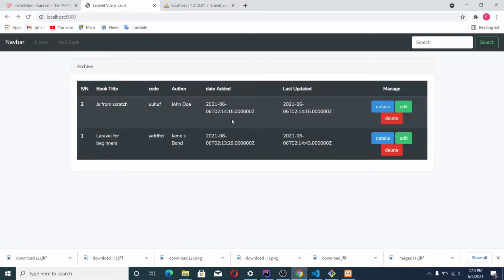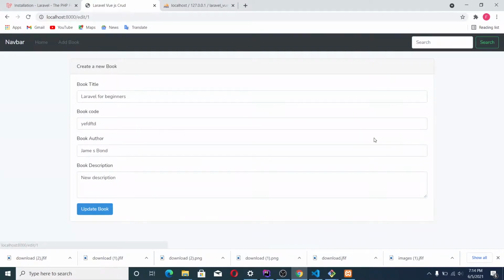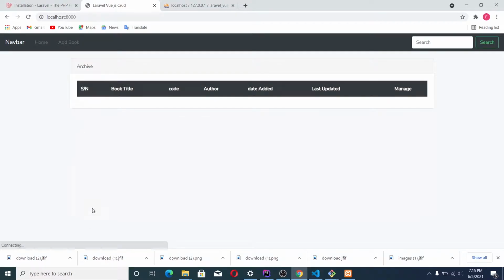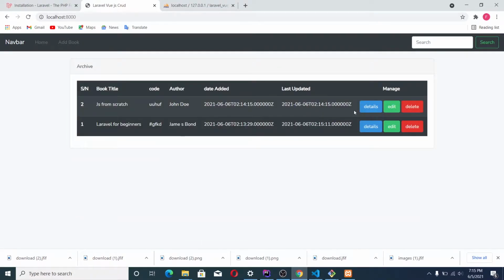Okay, if I should also edit code here, let me say, okay, so that's our new code. You see here, so everything is reflected here.